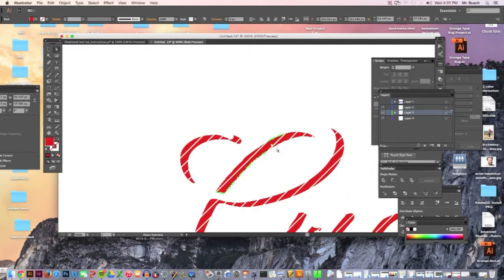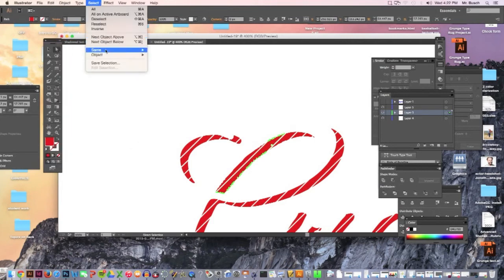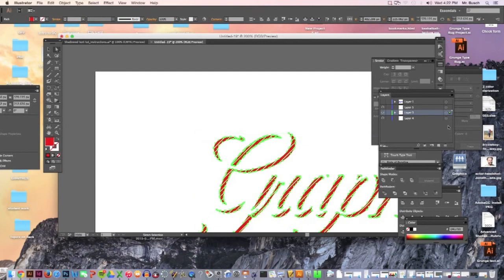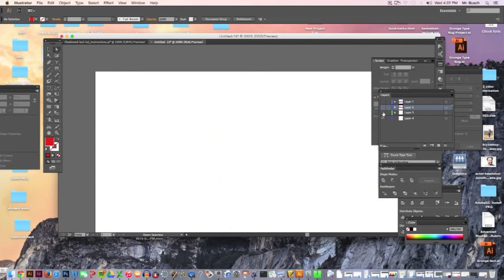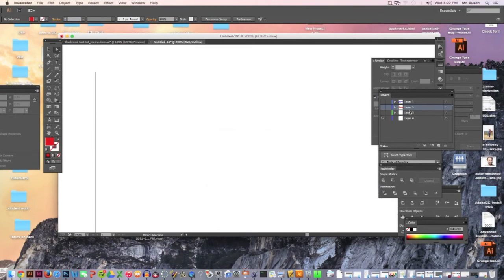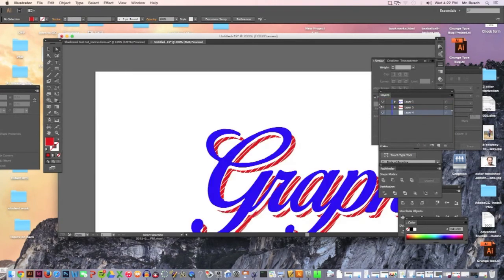grab that red right there, say select, same, fill color, there we go. Alright, so we're going to click the little square and pull it up. Now if we turn off everything and I go to Command Y, you see all the clutter that was left from the old one. I can just click and throw that in the trash. So I have these 2 layers,